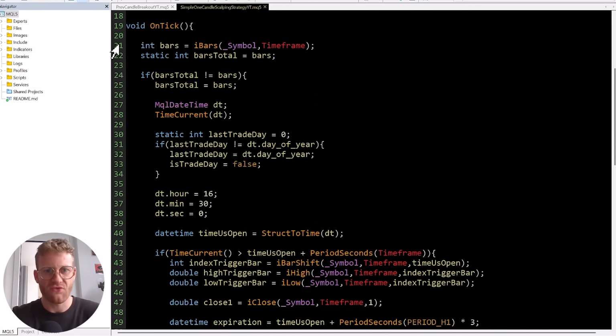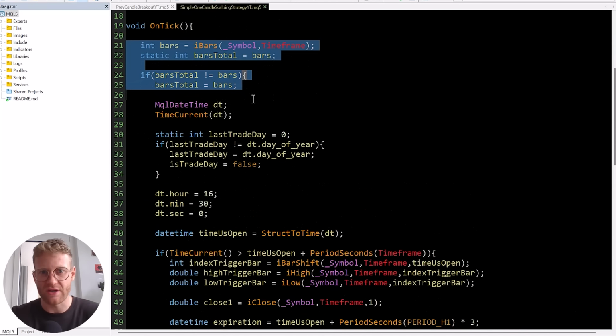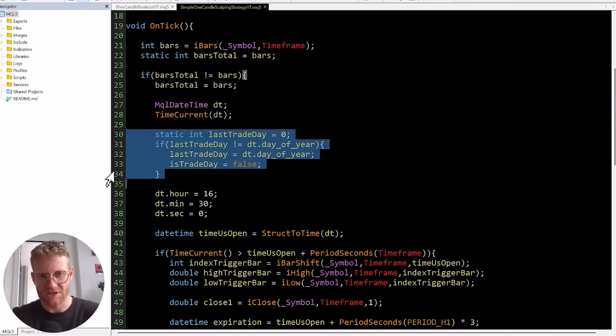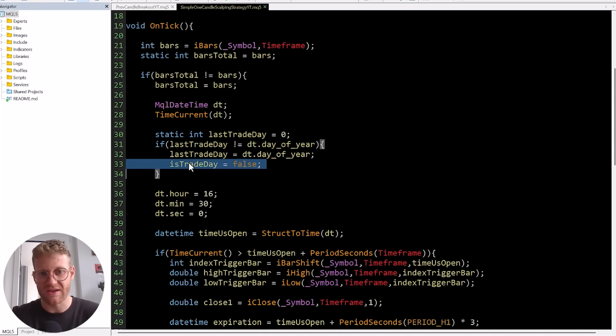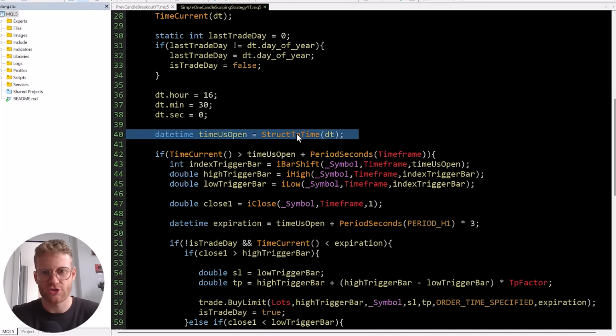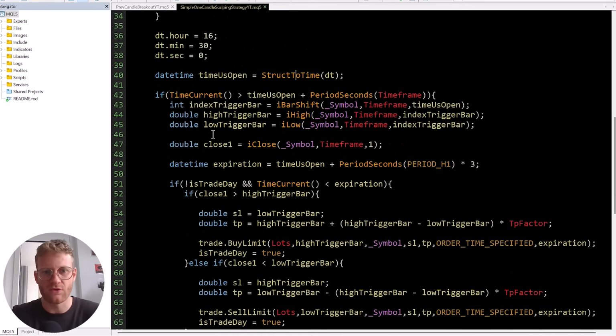Then in the OnTick function, we first of all check for a new bar in the signal time frame. Then we get the current time and store it in this datetime structure, because we use this datetime structure also to figure out if there was a new day. If there was a new day, we want to reset the isTradeDay variable. This is important, so we do not see more than one trade. Then we update the datetime structure so it represents the US open time. Then we take the structure and turn it into an actual datetime variable